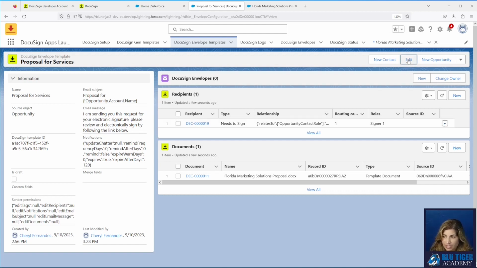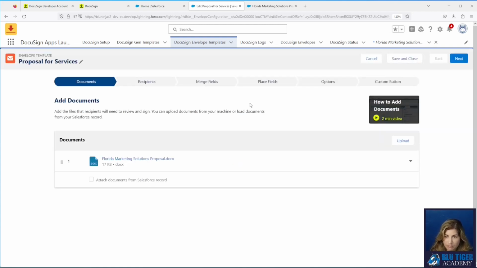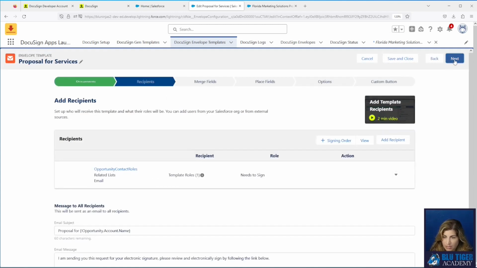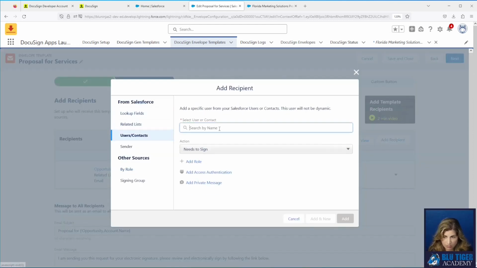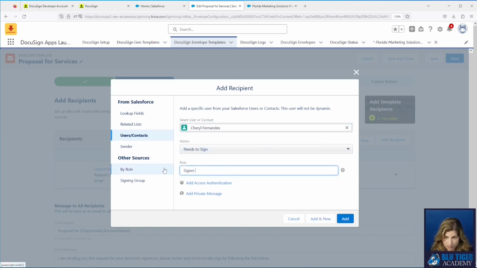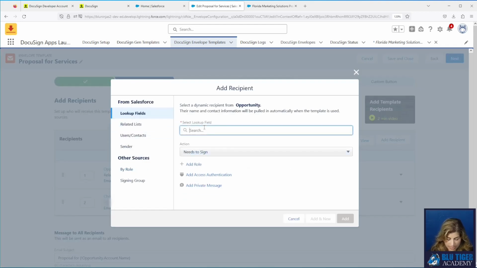All right, we'll go back in and we're gonna add our second signer and add our primary contact to receive a copy. We'll click next. We'll add our recipient. Do a signing order, and then we'll add our primary contact to receive a copy.